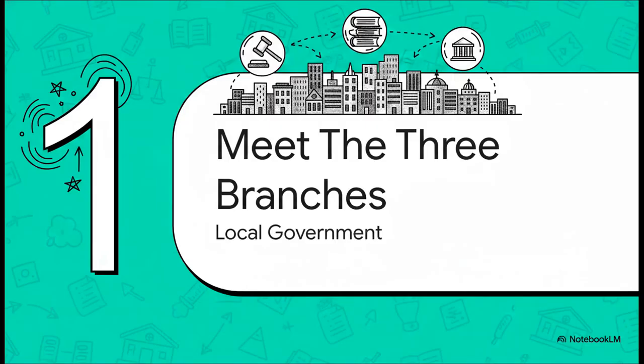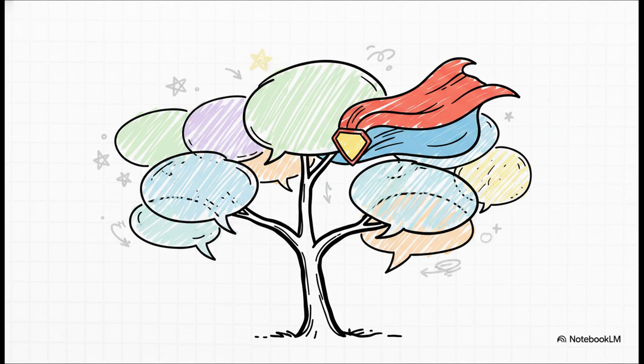Section 1. Meet the 3 branches of government. Okay, so I want you to connect your knowledge of those school rules we just talked about to how a whole city runs. A city is obviously way larger and a lot more complex than a school, right? So it requires a much more structured team. Today, let's master 3 big vocabulary words: legislative, executive, and judicial. These are the 3 branches of our government. And hey, if you process these big concepts better in your home language, absolutely use it. Translanguaging is your literal superpower, and translating these terms into words you already use at home is going to help you grasp these big civic ideas so much more deeply.